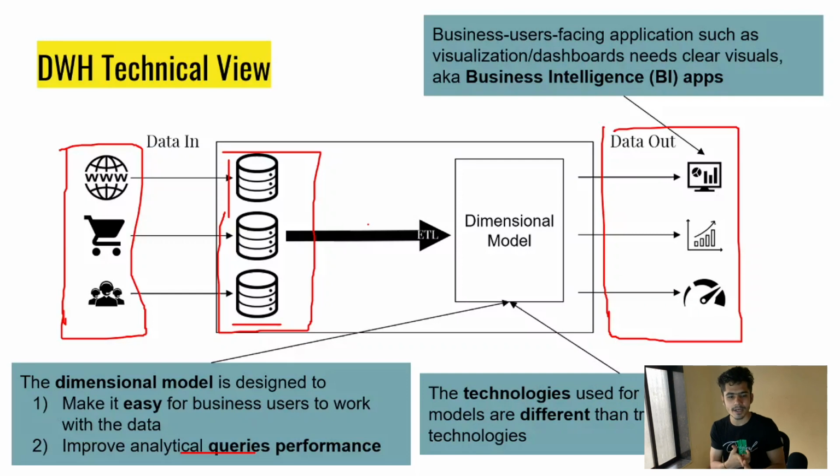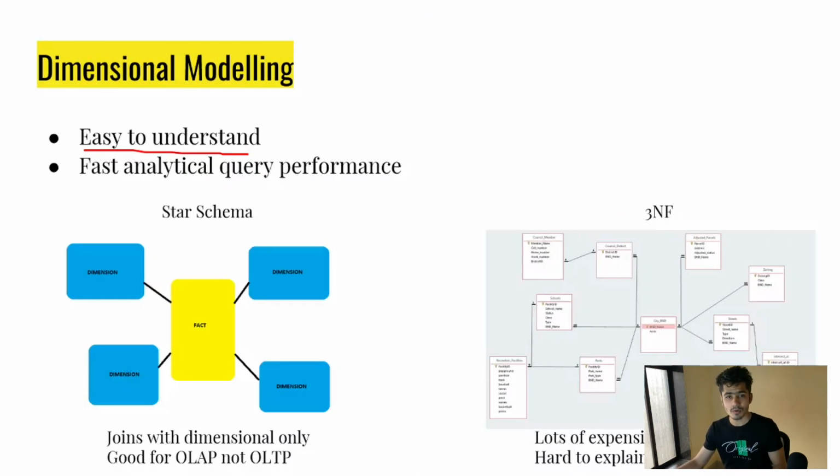It can be any BI tool such as Power BI, QuickSight, Data Studio, Tableau, or anything, okay? So basically those tools get connected to the data warehouse and can show some final insights. So why do we need dimensional modeling in the first place? Because it makes data easy to understand, and it is really good for analytical queries, okay?